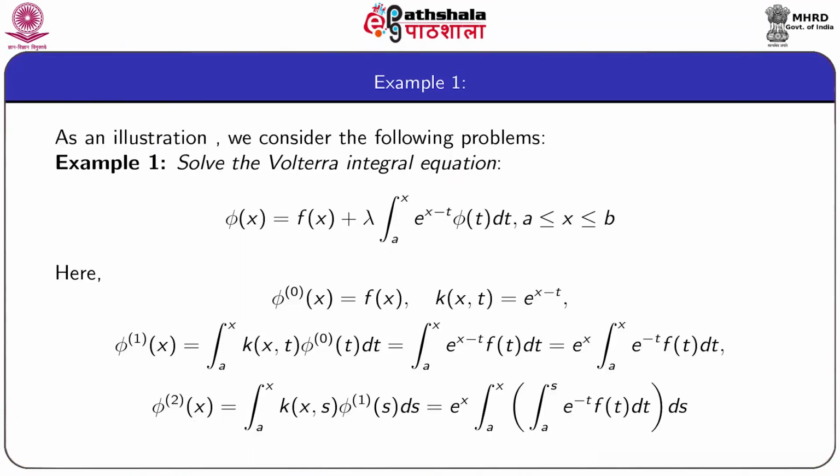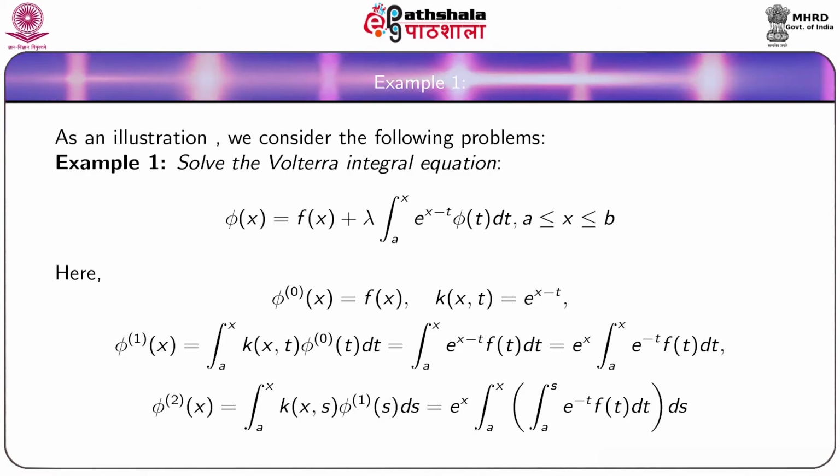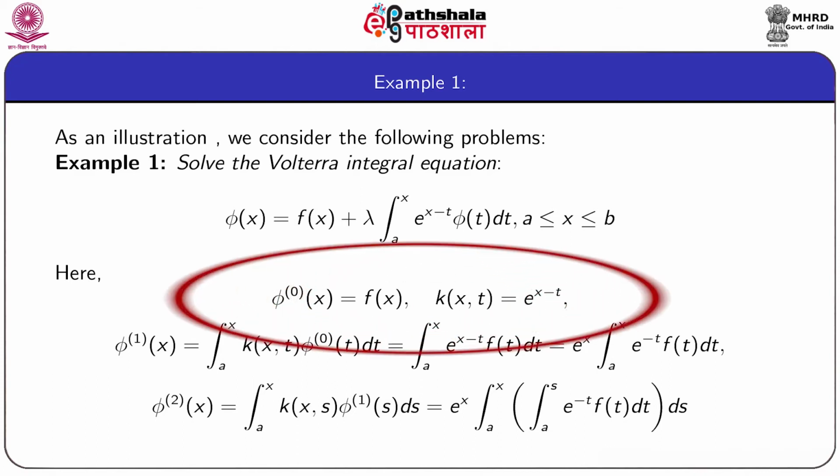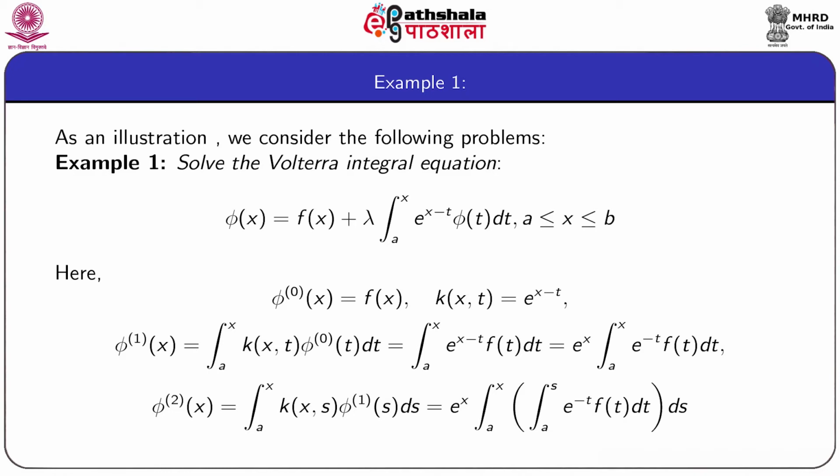We consider example 1. Here we have to solve the Volterra integral equation given by phi x equal to f x plus lambda integral a to x e to the power x minus t phi t dt, x lying in the interval a to b. Here phi superscript 0 x is equal to f x, and the kernel K x t is e to the power x minus t. So that phi superscript 1 x is given by